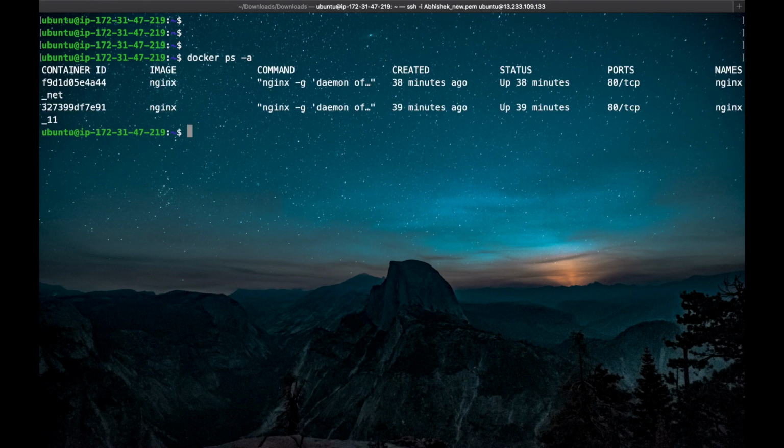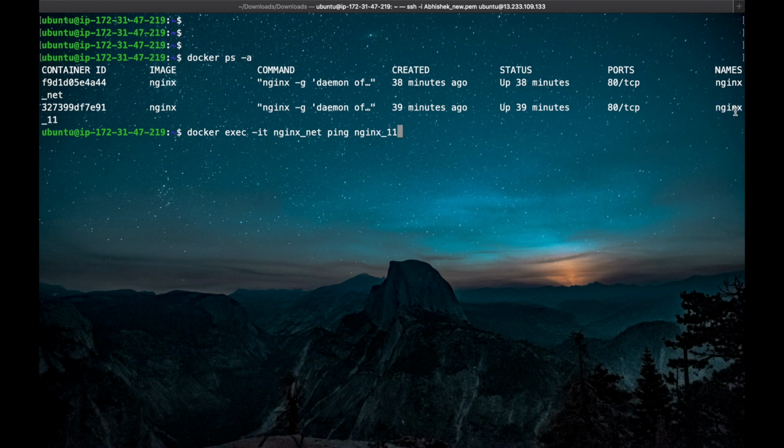Now we are going to ping nginx 11 from nginx net. The command for ping is docker exec -it, and we have to use the container name, just copy this command, and ping to this container.